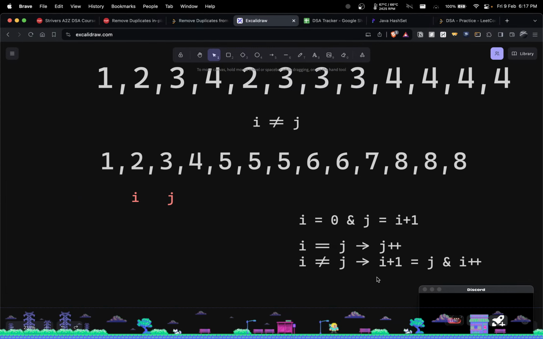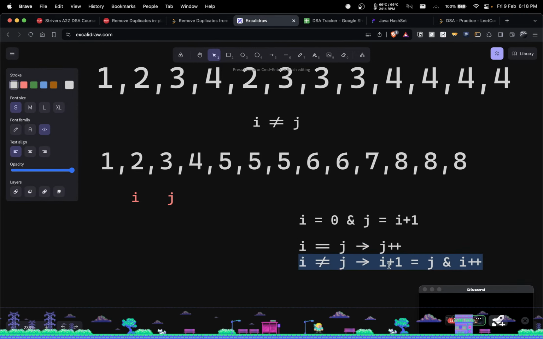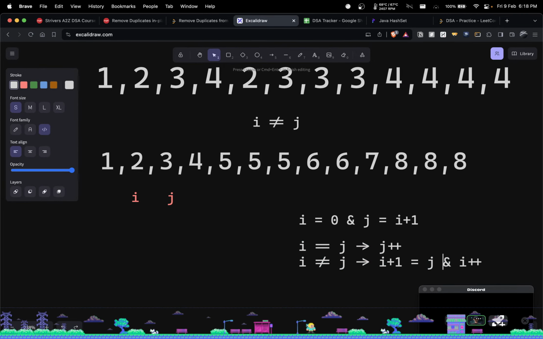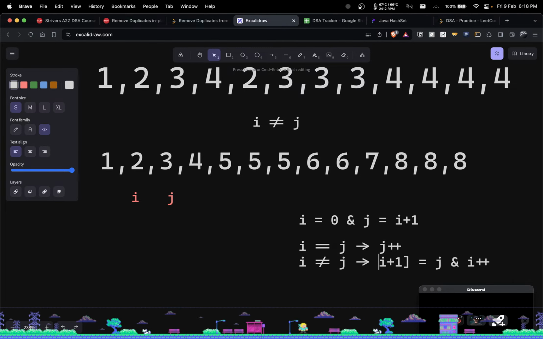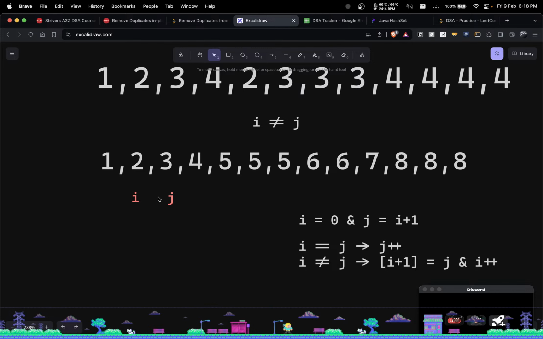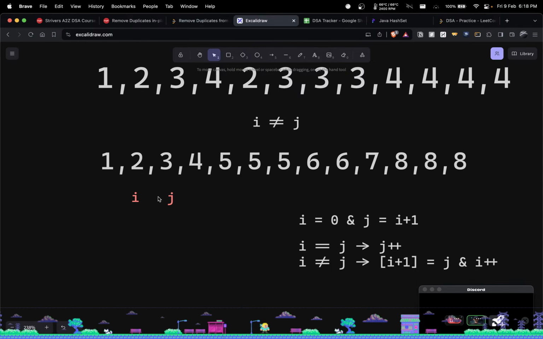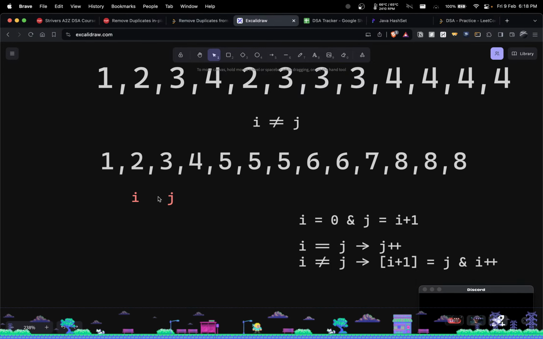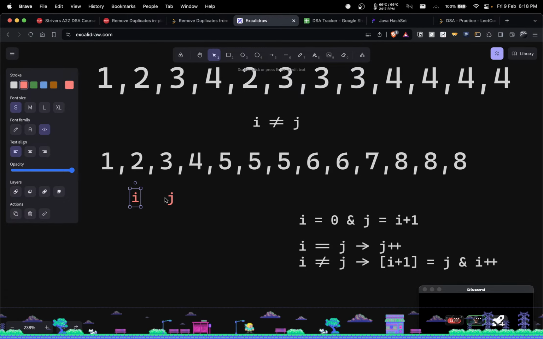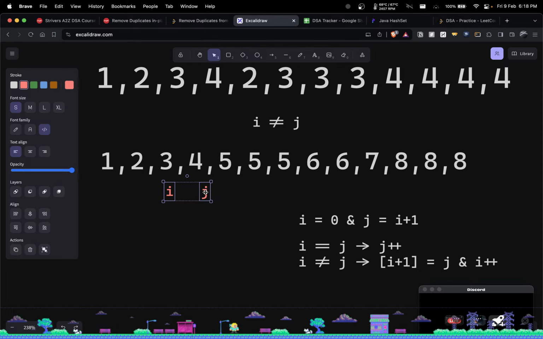We'll do that. And let me modify it to make it easier for you. Right, now let's take another example. Let's move forward. If we move from this to this now,